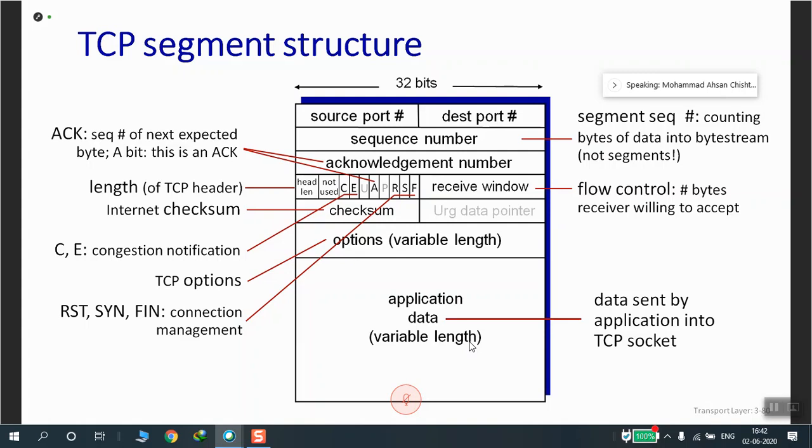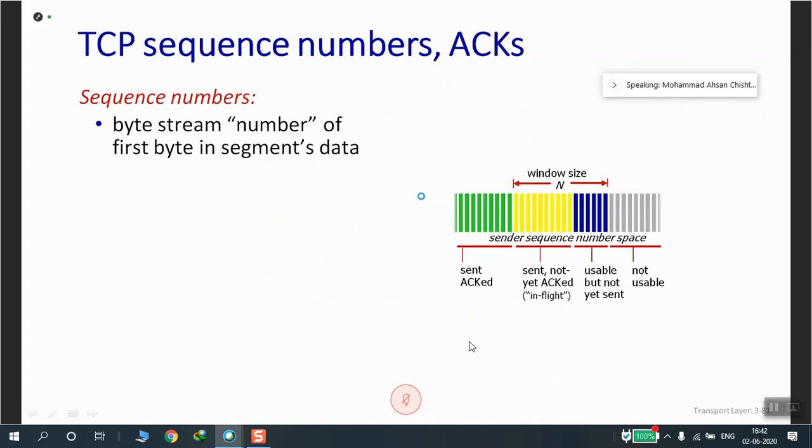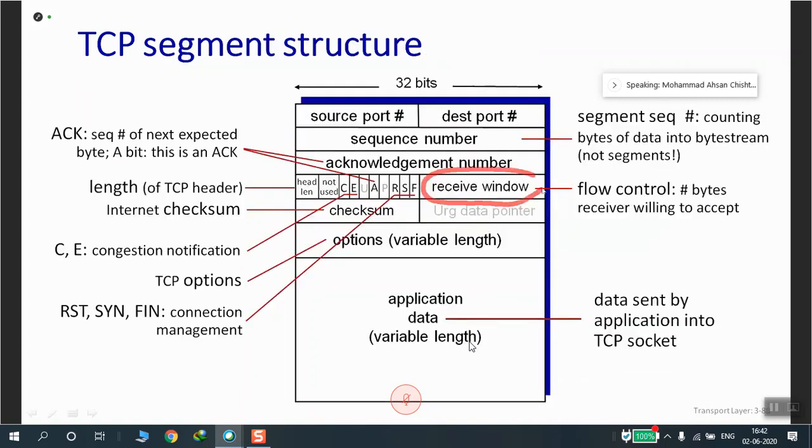Then we have the receive window, a 16-bit receive window. We'll understand this more when we do flow control. It is used for flow control, in which we inform the sender whether the receiver is willing to accept this many more bytes, and so on.